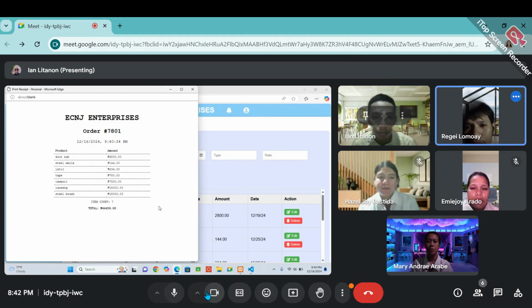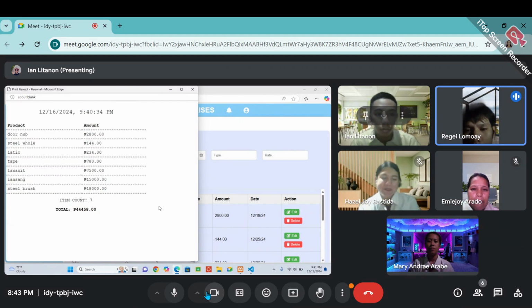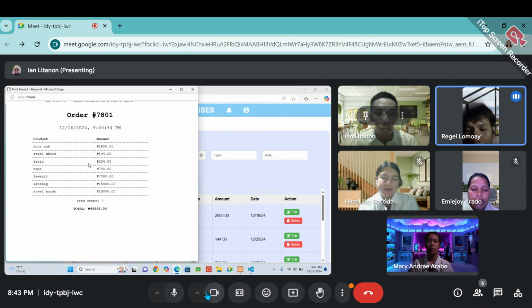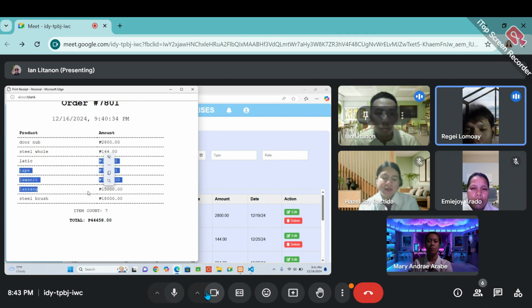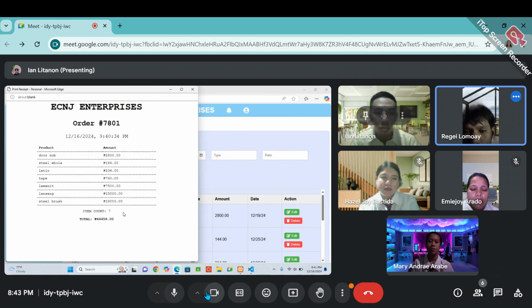After that, as we can see, the receipt, the ECNG Enterprise receipt. So we can view here the product that the customer purchased, how many items he purchased in total, and also the total of all the products.